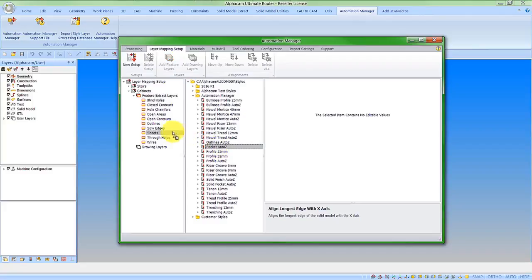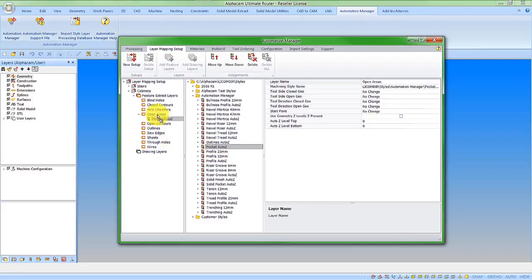And I'm going to just drag that to the open areas user layer, and now we see here the confirmation that it's the layer name, the machining style that would be applied to it. Now I have the option here, I can, if I want, set the tool side and the tool directions, but I'm actually having that come off my feature extraction settings, so I'm going to leave Automation Manager set at no